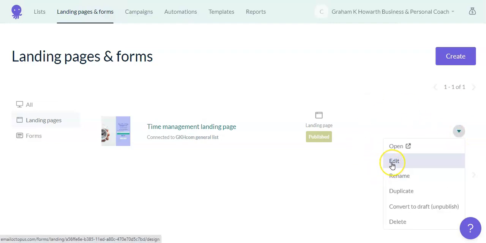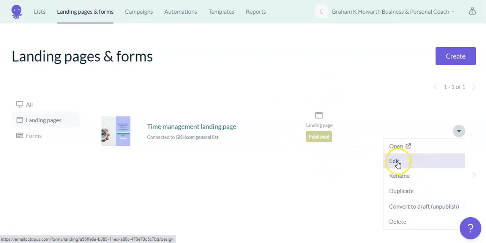You can edit the landing page that we're looking at. You can rename it if you wish. You can duplicate it if you wanted to make some changes just to give you an alternative landing page, see which works best. You can unpublish it if you wish to. This one's published at the moment. You can unpublish it, or you can delete it completely.